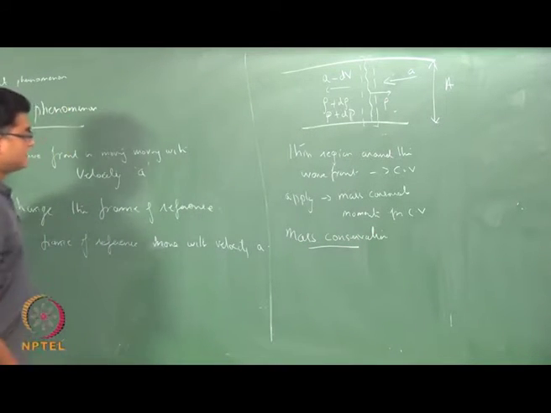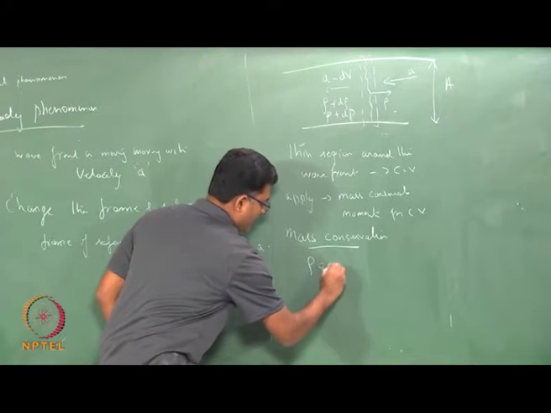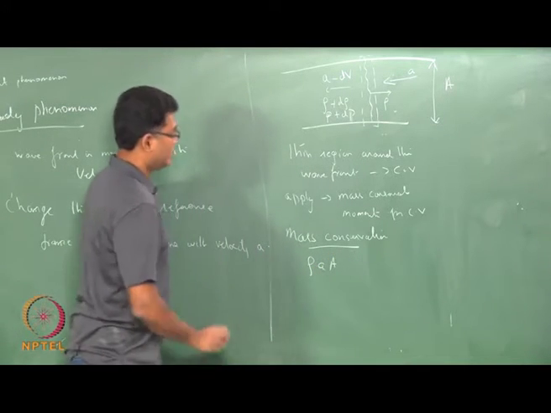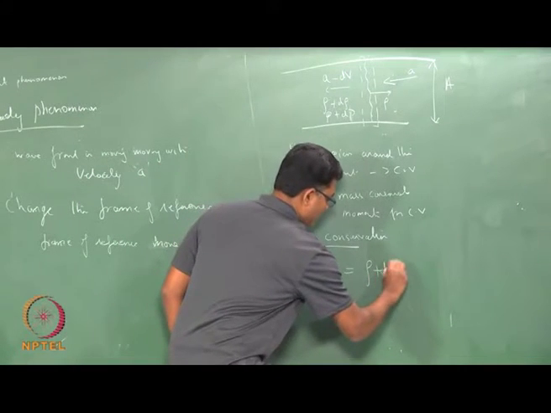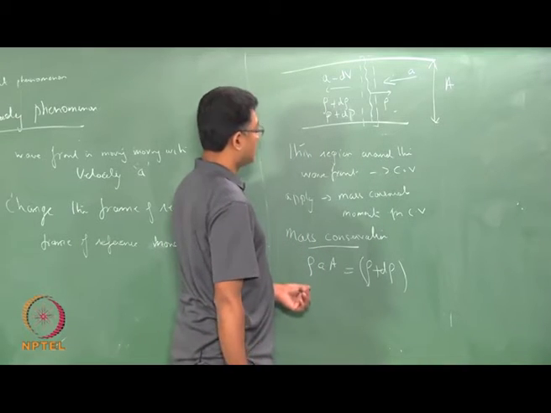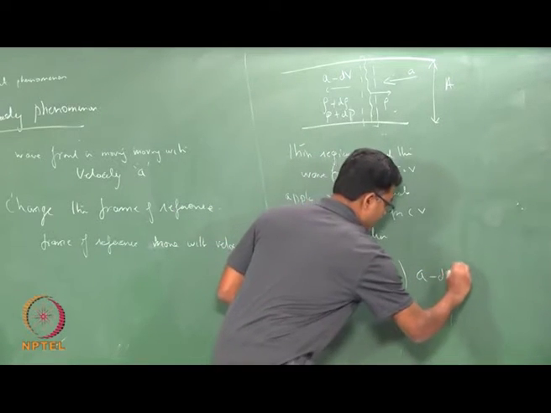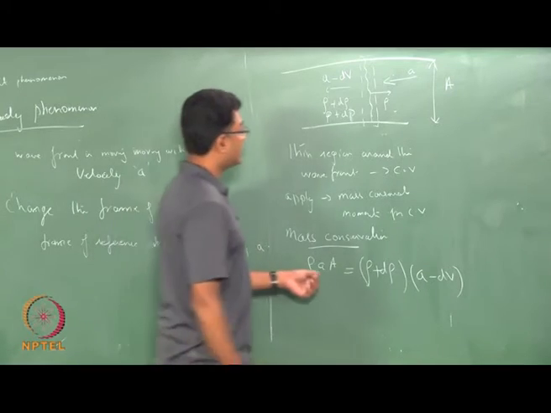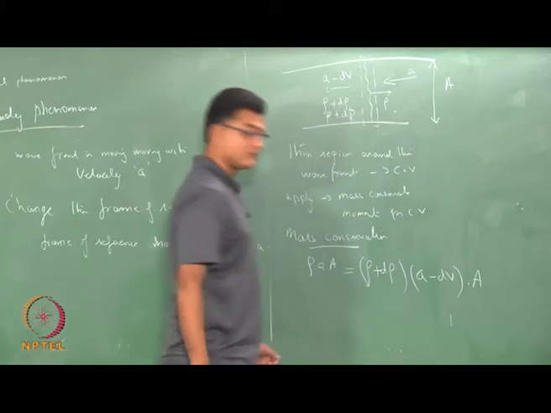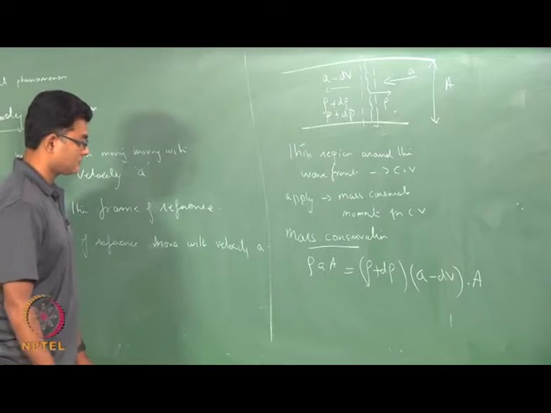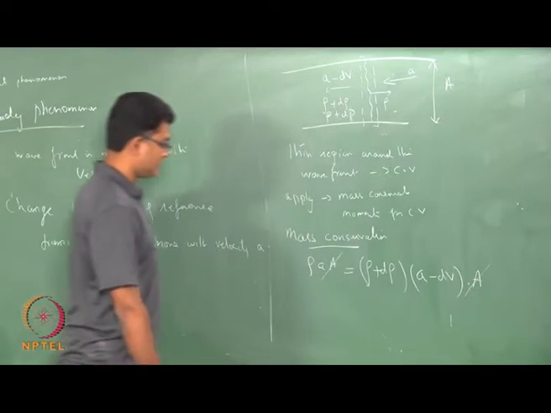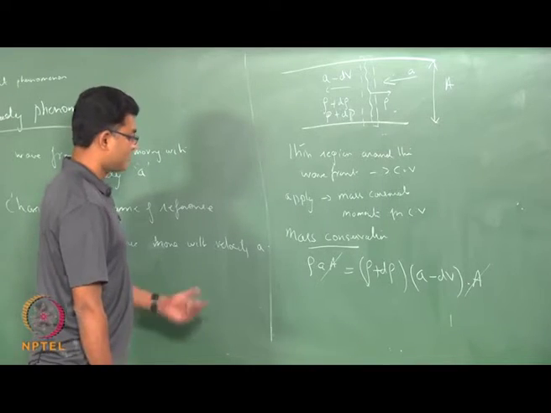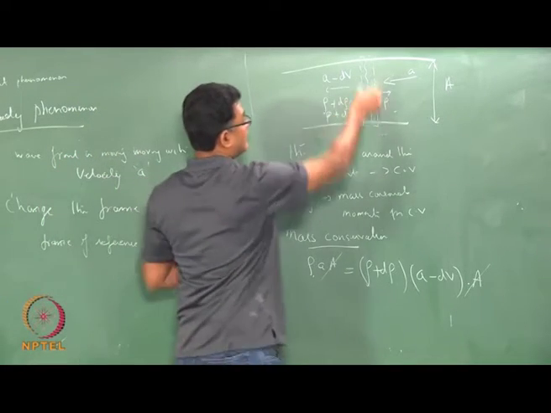my mass conservation is rho A, capital A, equals (rho plus d rho) into (A minus dV) into capital A, which is my area. So, I can strike out capital A, which is my area. So, it is a constant area control volume,